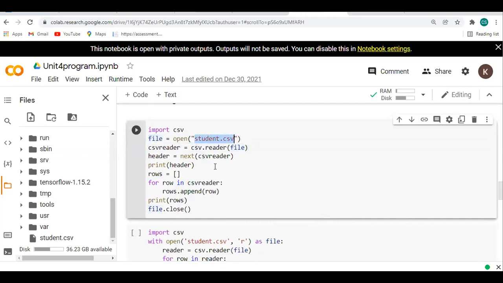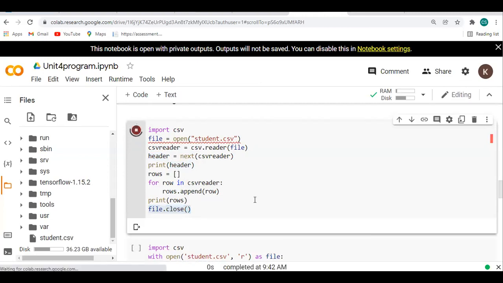After that, I take header is equal to next, meaning we perform the next operation. Then I take rows is equal to an empty square bracket, because we want to read all the data present in that CSV file. For reading each and every line of data, we use a for loop, executing up to the end of the file, and at last I will close my file.